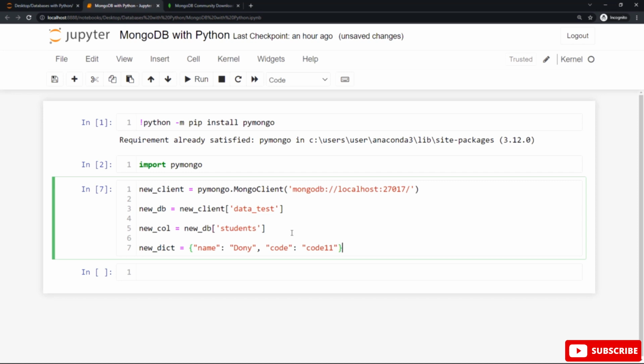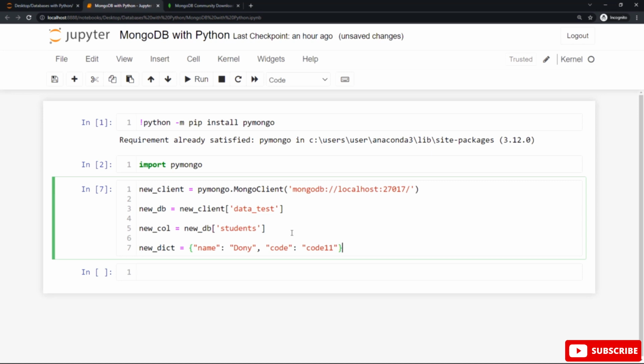Assign this to a variable and you can call it new dict, new document, or any valid name you wish. Try to make this variable name more descriptive and meaningful. This is our first document in the collection called students in the data test database.